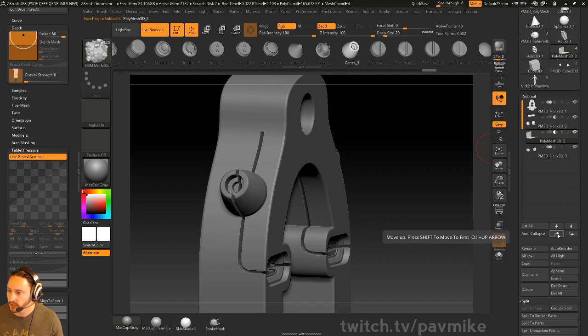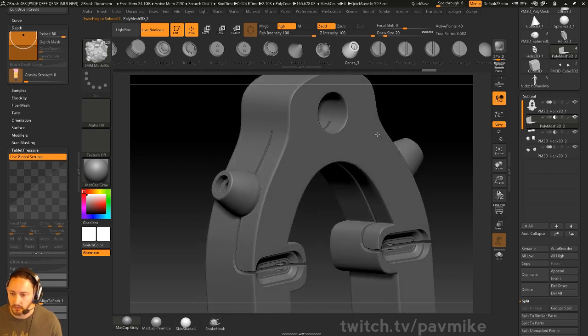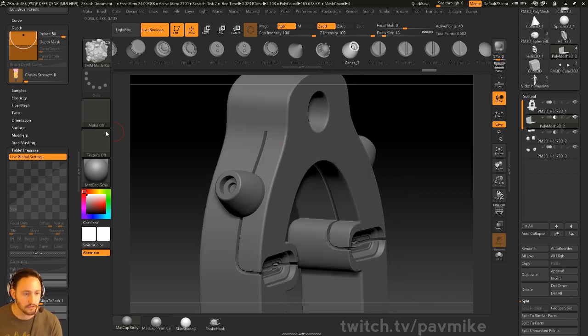However, if we move this one up, now it cuts first. See how it hasn't updated? If I just rotate, now it'll update. Might be the same thing with your dynamic subdivs. I'm not really sure, but